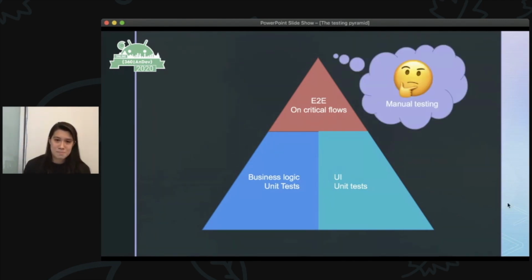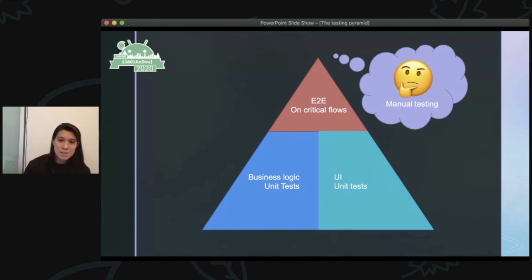And of course, there is this mystical bubble of manual testing. The reason why it's unspecified is because it should never be part of a build. You should never have a pull request blocked on manual testing. That gets out of hand very quickly. So you should be manually testing whenever you're building a feature or fixing a bug. You should probably be dogfooding your own app as well, or have a dogfooding team. And it doesn't hurt to do some manual testing, especially on critical flows, like right before you release your app.